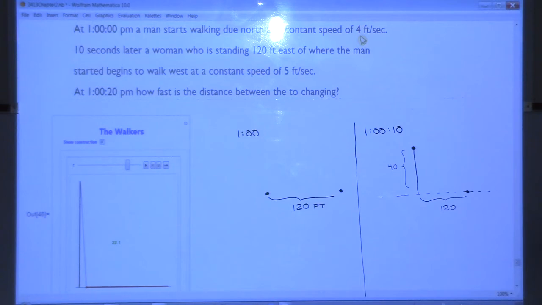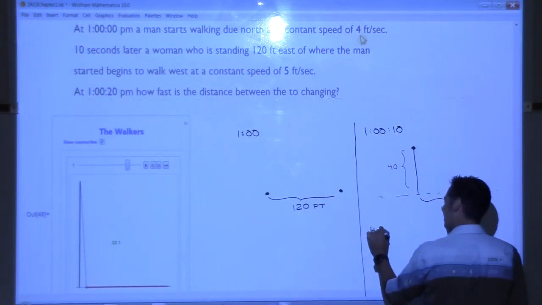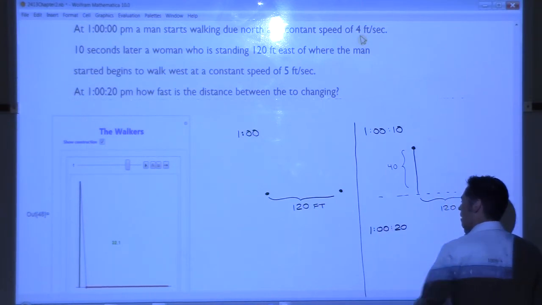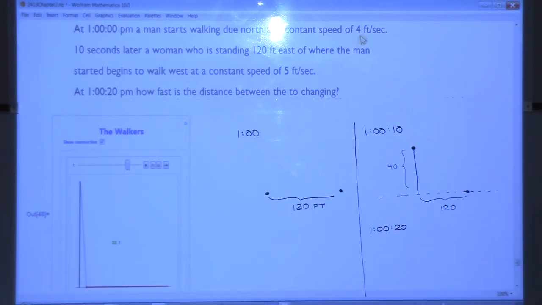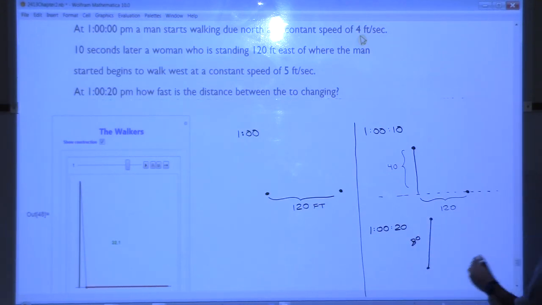Okay, so now 10 seconds after that, at 1 o'clock with 20 seconds gone by, where is he? He's now 80 feet from where he started, because he's been walking for 20 seconds. And where is she? She's been walking for 10 seconds, and she walks at 5 feet per second. She's walked 50